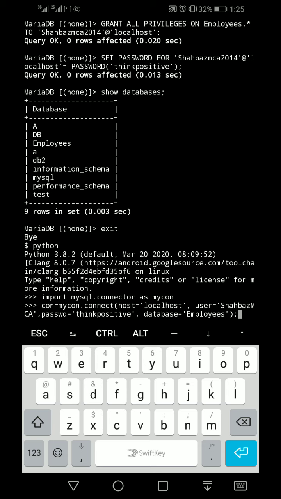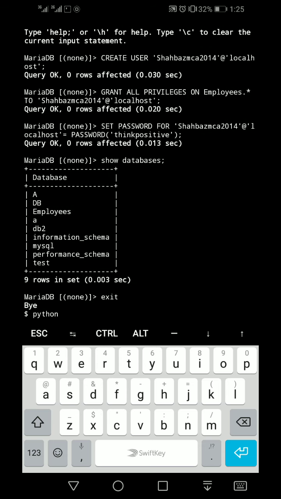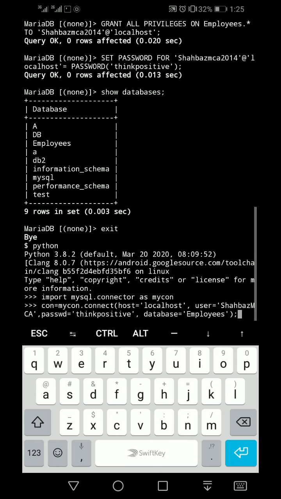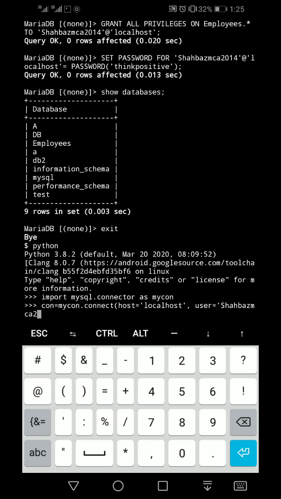Username ShahbazMCA, but I have taken username ShahbazMCA2014, so just editing it. ShahbazMCA in small letters 2014 in single quotes.